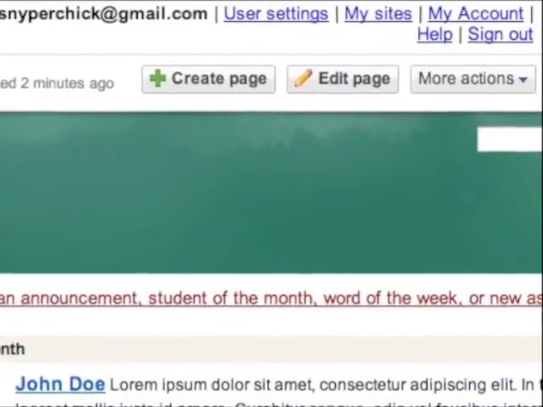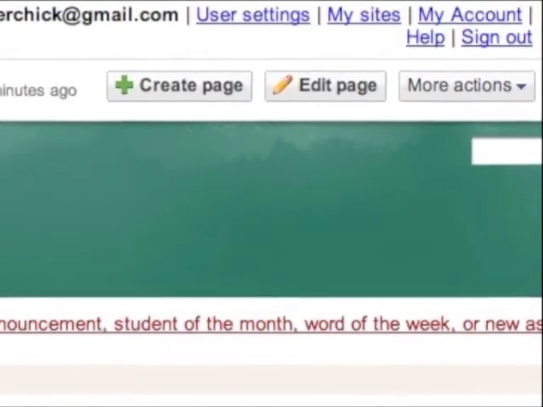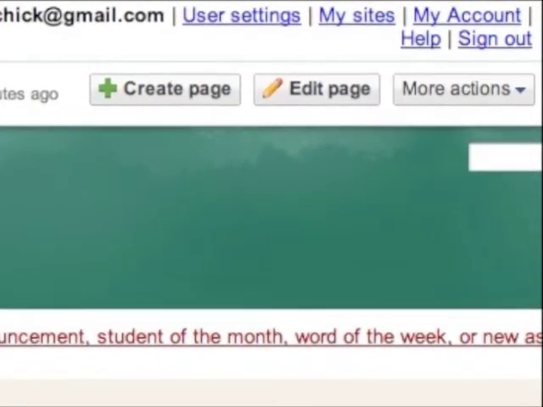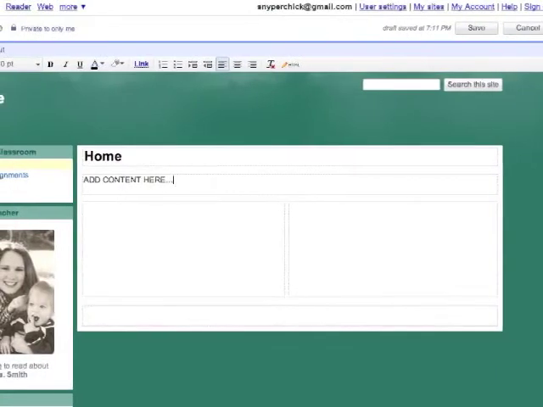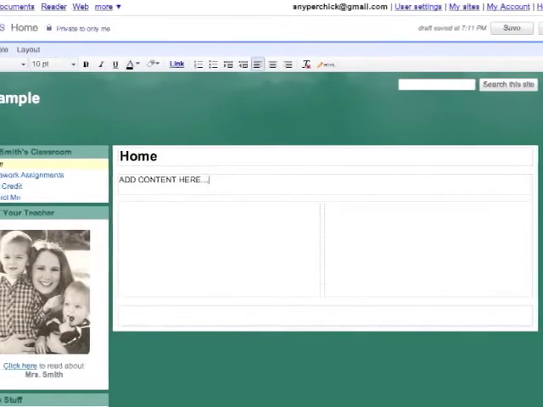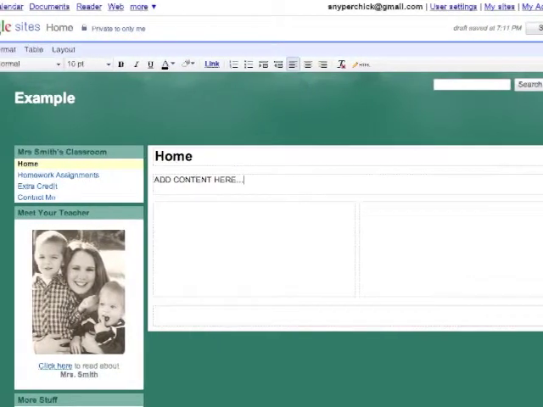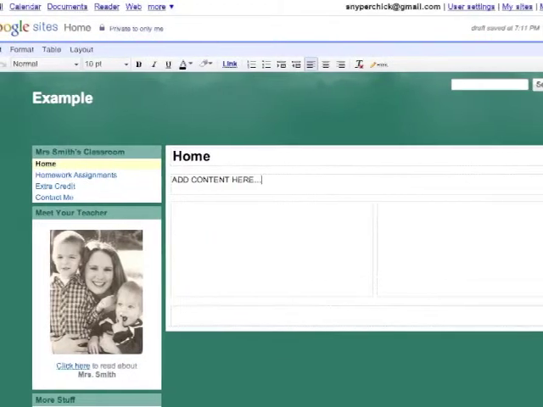Now students can edit their own website, add pages, information, links, and pictures. By clicking Edit Page on the top, students can add words and pictures to their website. There are the basic word processing functions available, such as different fonts, font sizes, bold, italicizing, underlining, changing font colors,